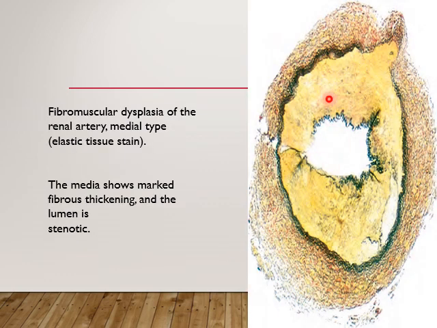So this is a picture of the elastic stain. It is an elastic tissue stain, a special stain, which shows a stenotic or narrowed lumen of the tunica intima, and you can see the media and adventitia showing complete thickening that has been highlighted by the elastic tissue stain. So this has to be remembered. You can see there is a fibrous thickening with the lumen appearing stenotic or narrowed. Because of the fibrous thickening, that is one of the causes where the renal artery appears occluded or stenosed,